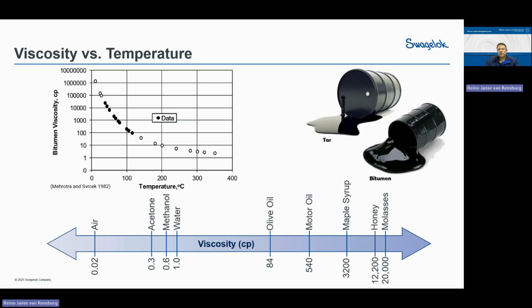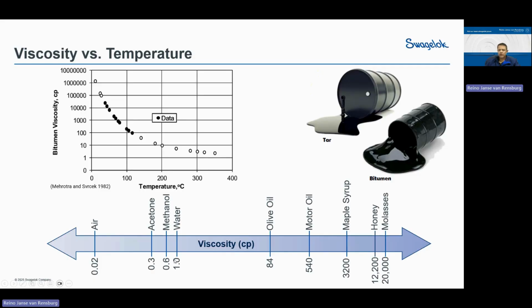Now, like I mentioned, you have to keep them at quite a high temperature to make sure they are flowable. Okay, because if it's a solid, you obviously can't sample it into a tin or a can or into a bottle. So if we look at the sliding scale, air sits at a viscosity of 0.02.